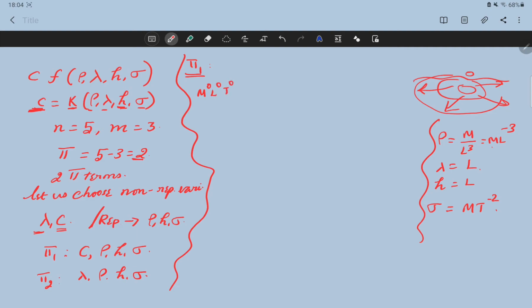This is pi 1 equals a function of c. C is nothing but, I forgot to write the dimension. C equals l t power minus 1, so l t power minus 1 power a